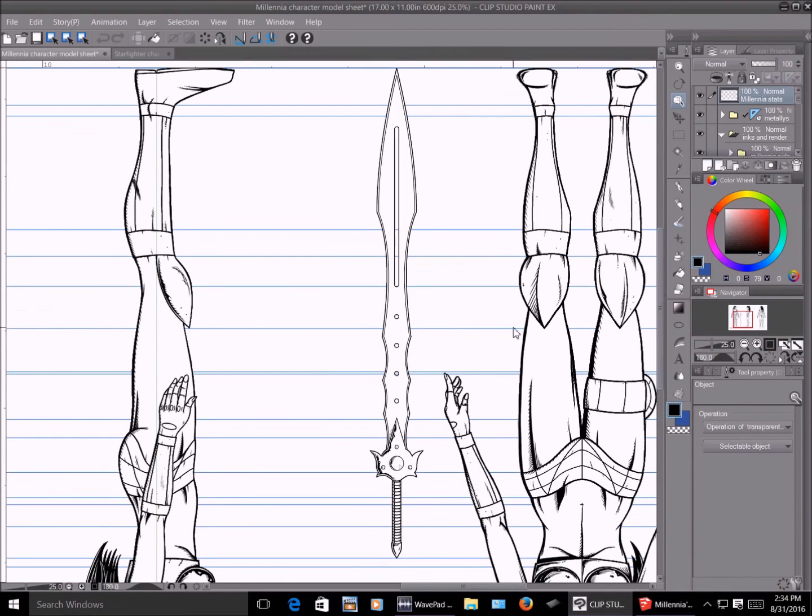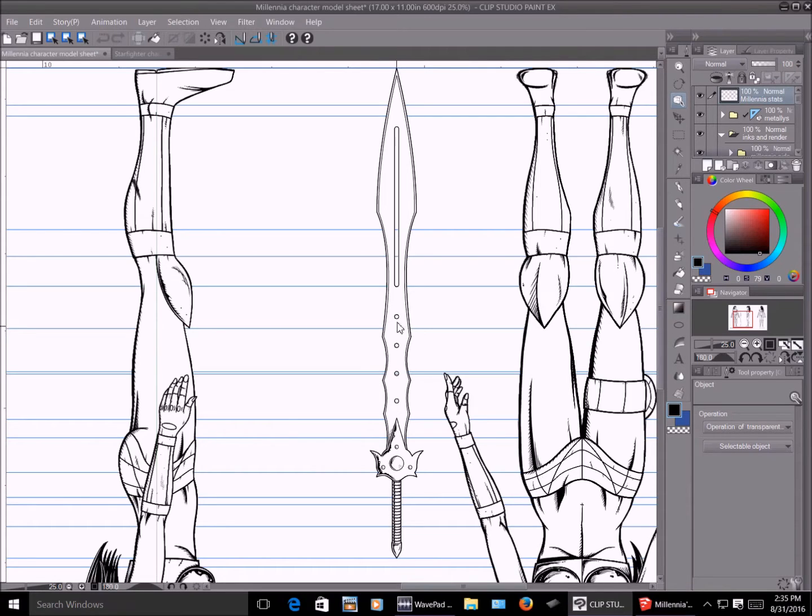Now, if you're unfamiliar with the term on model, it's an animation term, and all it means is that the drawing is consistent in every scene that you draw. So I want the sword to look exactly the same in every panel that the sword is in, and from every angle as well.